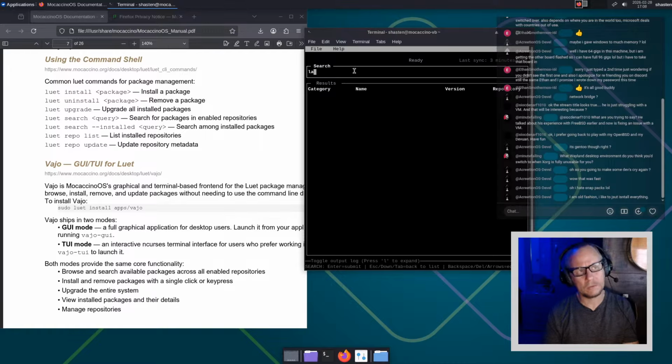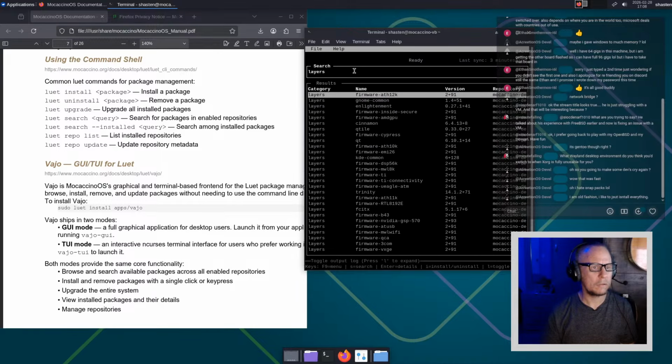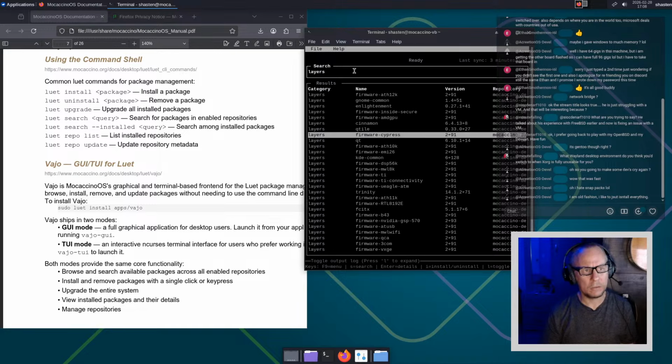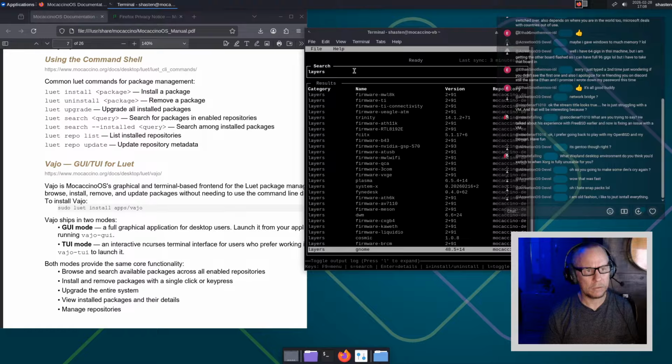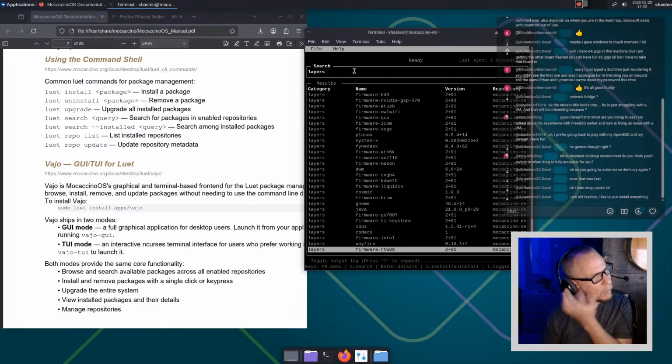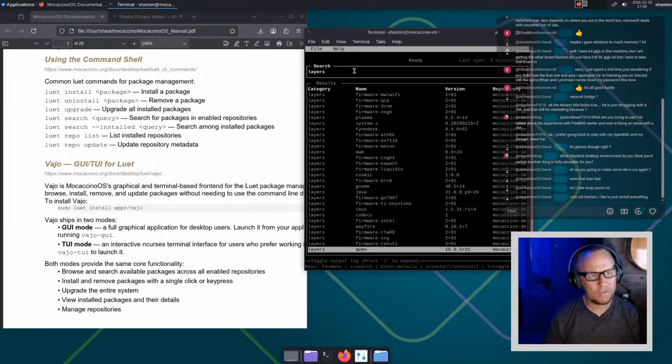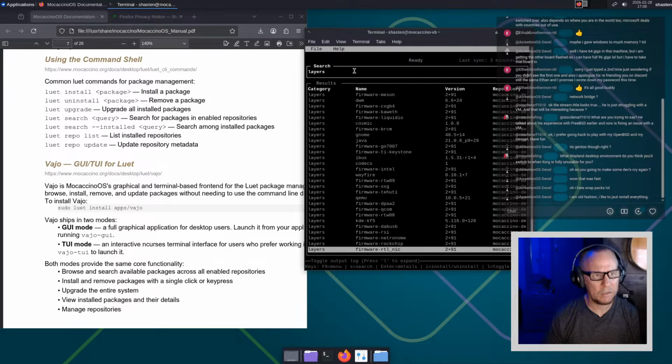Layers. All right. Oh, layers. All right. A lot of firmware. We got Wayfire, KMU,